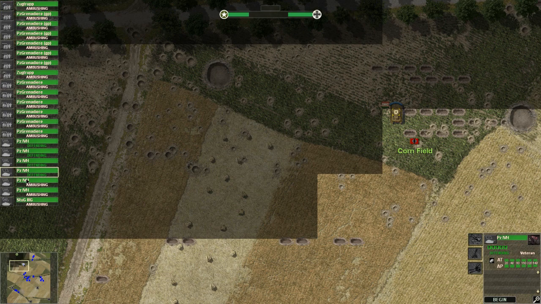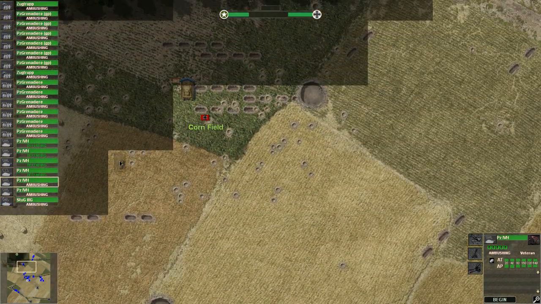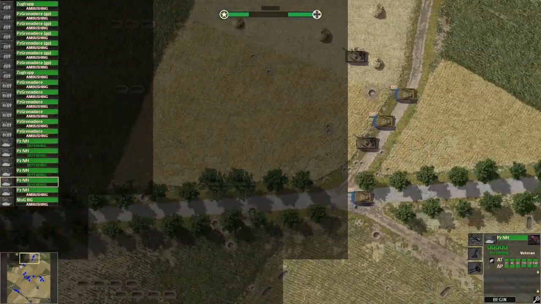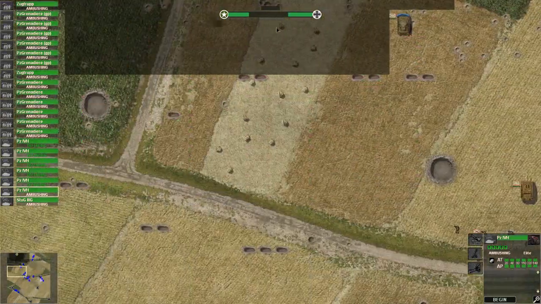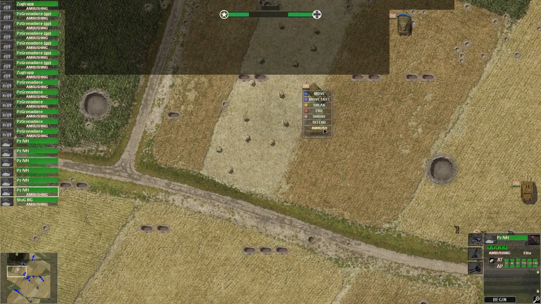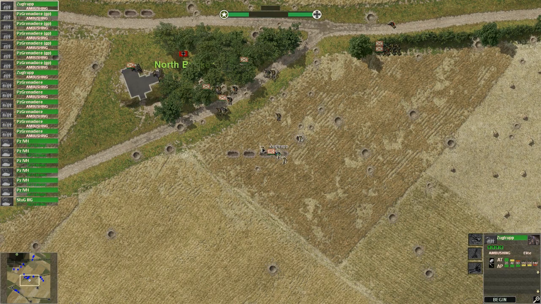I'm gonna just say no. How many of these are there actually? Wow, we actually have 7 tanks. Okay. I take it back. We will win this. And we've got Stugs. Oh, that's the reason. Okay. All right. Well, as far as the infantry goes,